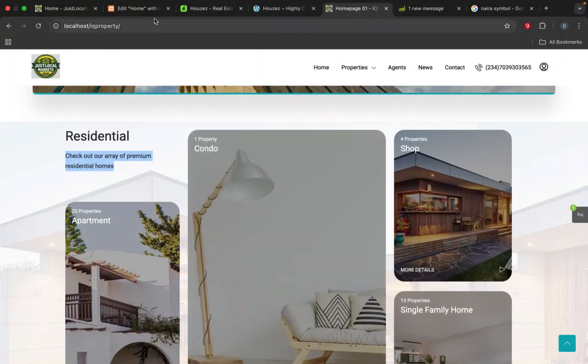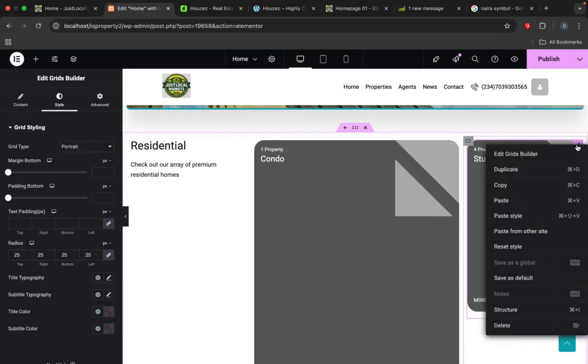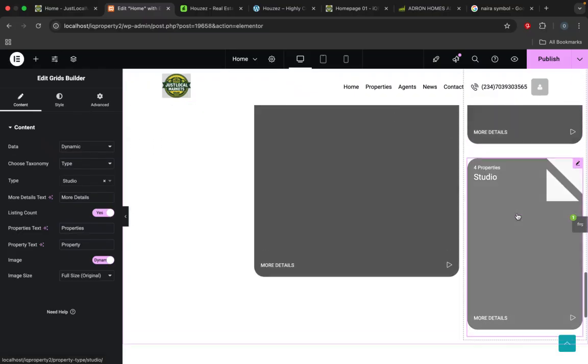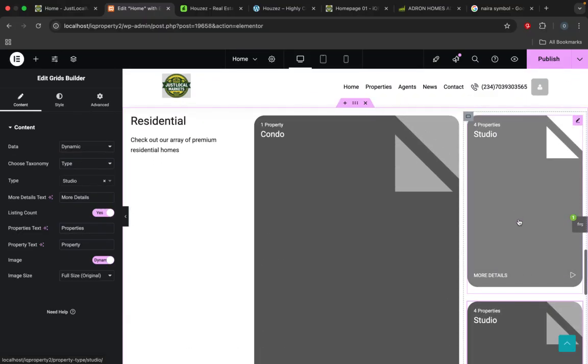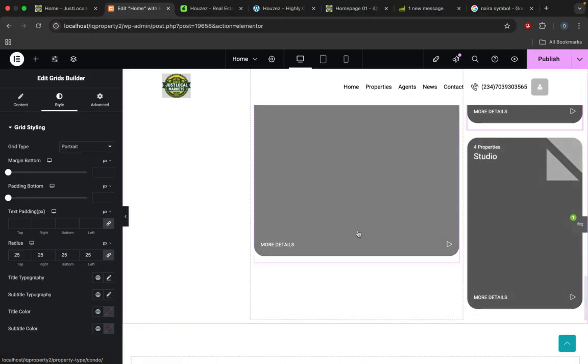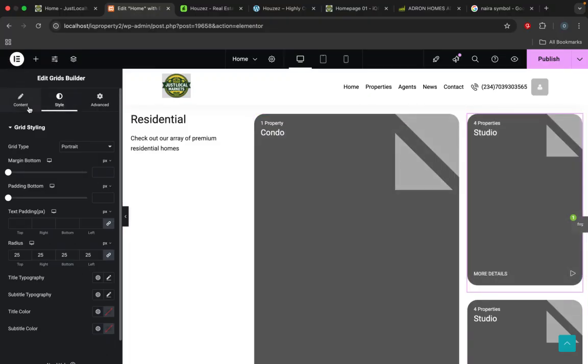So let's just duplicate this. You can duplicate this instead of bringing it in again. Just right click and duplicate. So you will have the second one here. We have the second one, and we can try to maybe reduce this a little bit if you perceive that it is more than what is expected. At the same time, we can try to increase this. So let's try to reduce this a little bit. We can reduce the height from